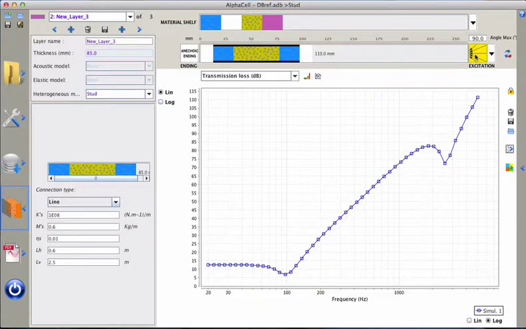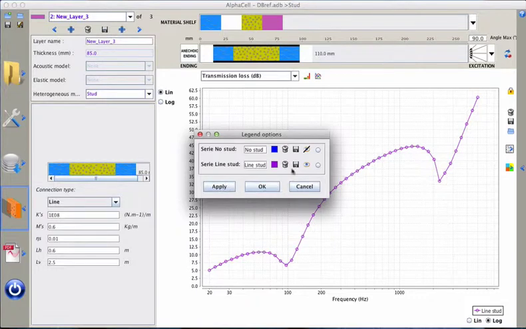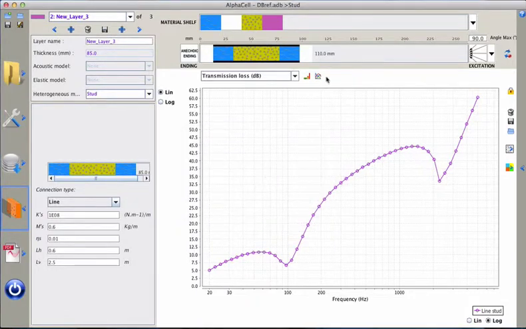and then I can run a new simulation for the double wall partition with the stud connection, the line stud connection, and here it is in violet. So we can just add some comments. So this is the no stud simulation and this is the line stud simulation. I update it, okay, and I will just hide the no stud connection